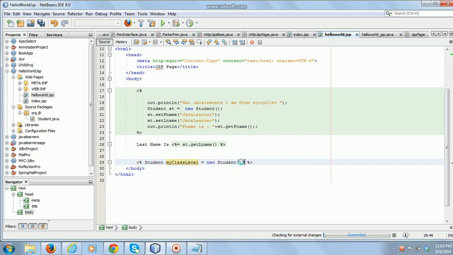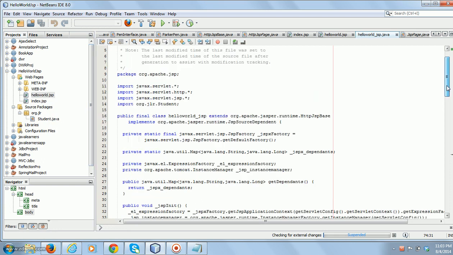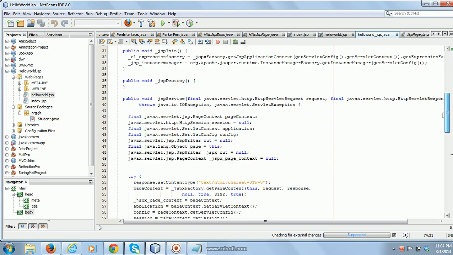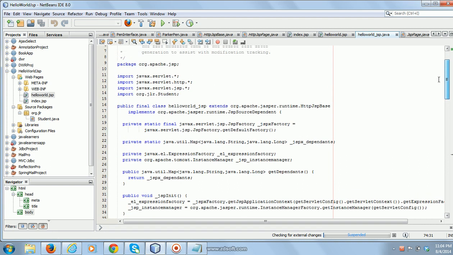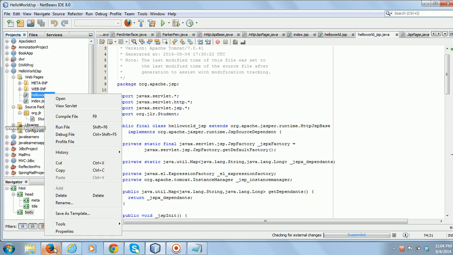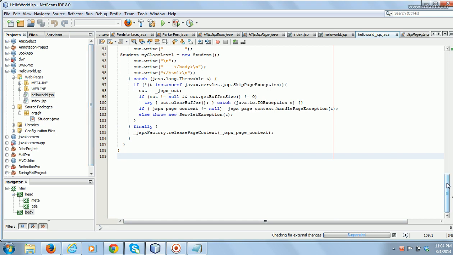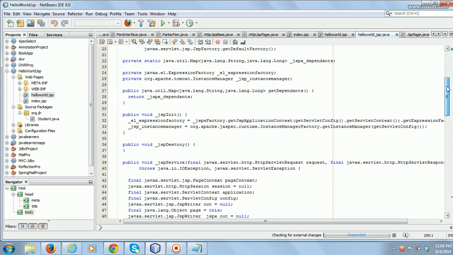Now we will see the generated servlet. Search in this code where the new Student is.